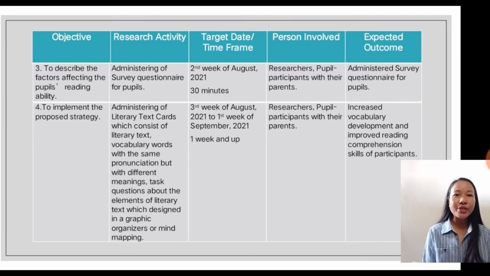The third objective is to describe the factors affecting the pupil's reading ability through administering of survey questionnaire for pupils on the second week of August 2021 for 30 minutes, and the expected outcome from the person involved is administered survey questionnaire for pupils. And the fourth objective is to implement the proposed strategy, which is the LTC, literary text